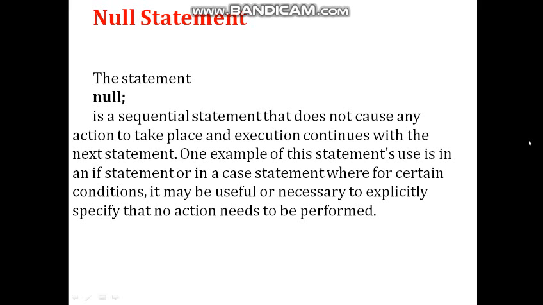For example, it requires 10 nanoseconds, and if I want to stop for 50 nanoseconds without performing any task or action, then I will use this null statement 5 times.